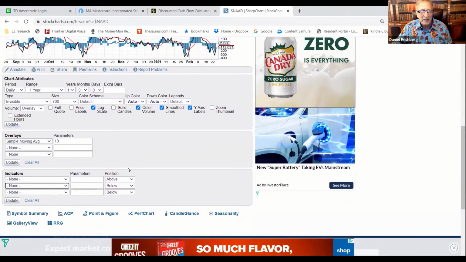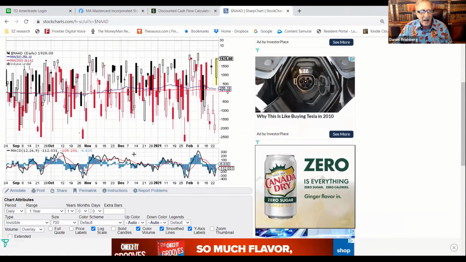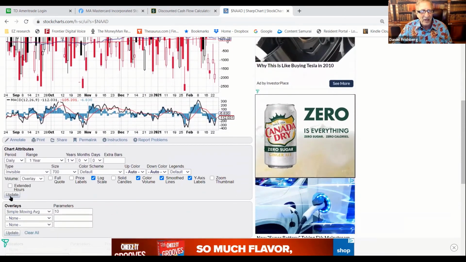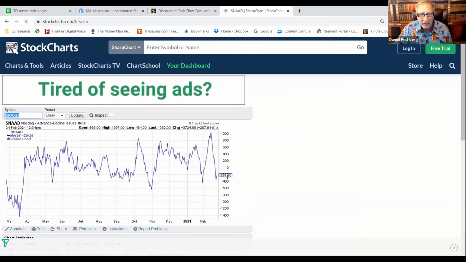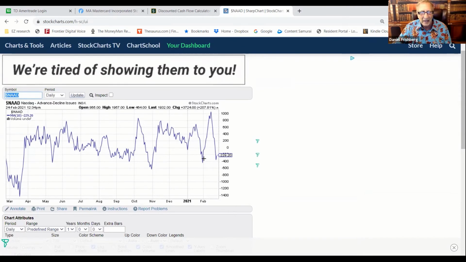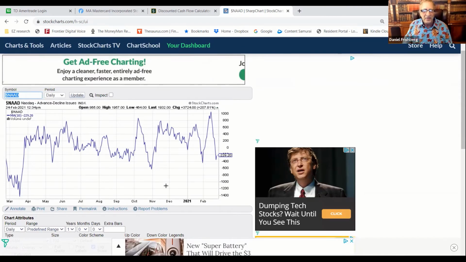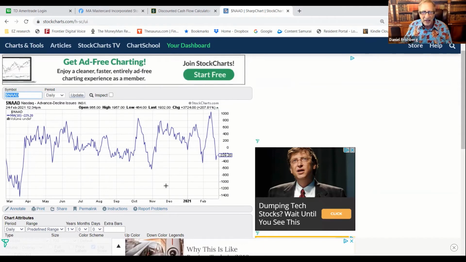And then all I'm going to do is say update. So here's the picture that we had. Those are the changes, and now it's going to update, and it's going to show you exactly the line that we were looking at. Now I can do the same thing with the New York Stock Exchange, and I should look at both of them,